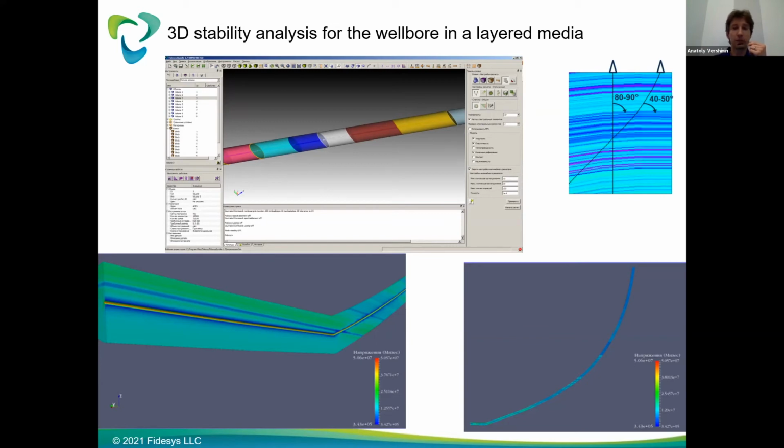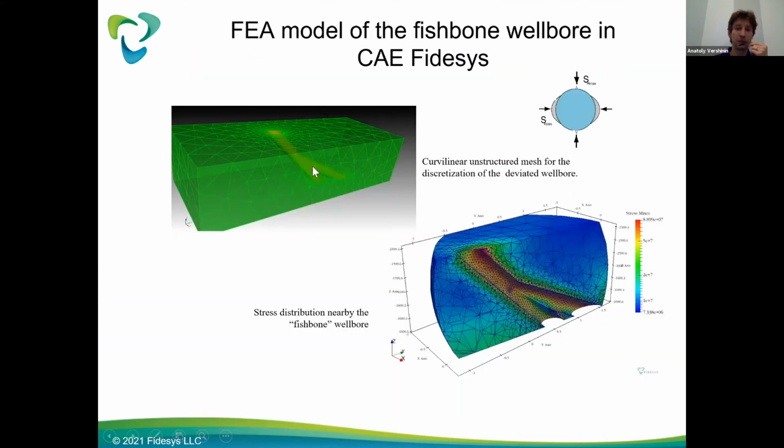Or we can play with different geometries of the borehole, for example, the fishbone type borehole, or even a bunch of boreholes when we have the major borehole and secondary ones, to maximize the covering of the oil field. And sometimes drilling the secondary borehole could lead to the collapsing of the major wellbore, which could be a huge problem for the companies. That's why it's better to simulate it as a 3D digital twin and play different scenarios of,